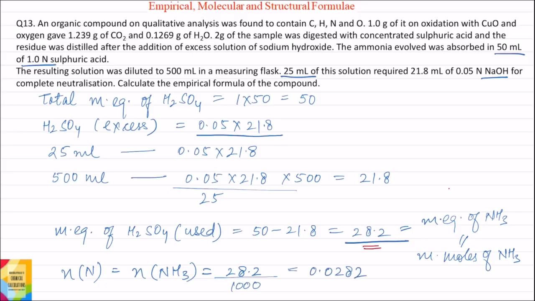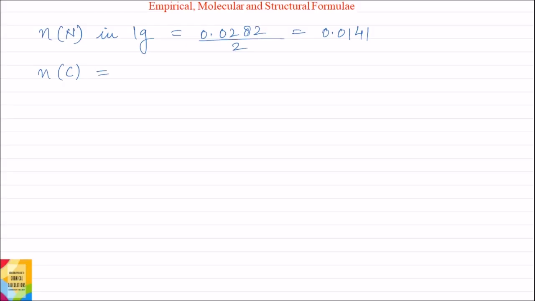Millimoles of ammonia is 28.2. Therefore, moles of ammonia or moles of nitrogen in ammonia is 0.0282 moles. Now, this is the moles of nitrogen in 2 gram of the compound. Therefore, moles of nitrogen in 1 gram of the compound will be equal to 0.0282 divided by 2, which is equal to 0.0141 moles. Now, moles of carbon in the compound will be equal to moles of carbon dioxide, because 1 mole